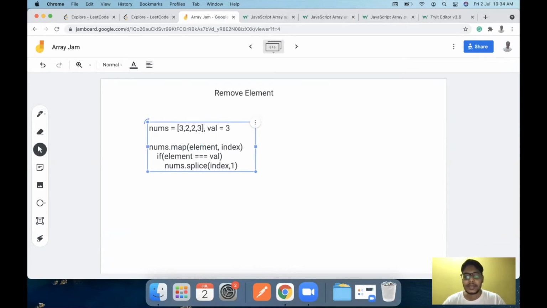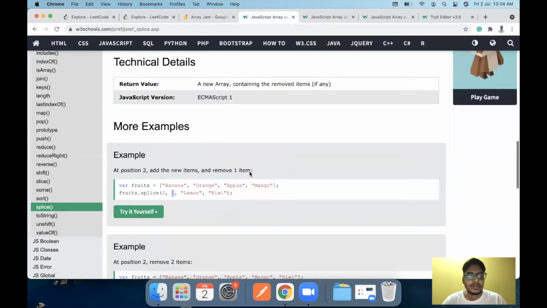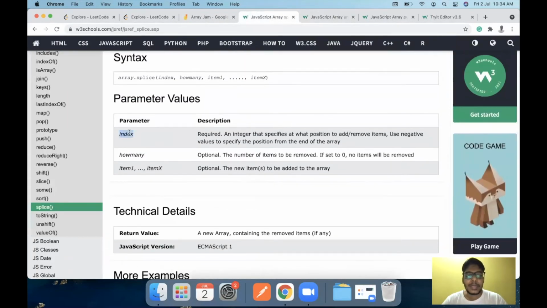This is how you remove the element in the middle of the array or start or end using the splice operation. In case of splice, the first parameter passed is the index or the position at which we need to add or remove elements, and the second is how many elements should be removed. So if we set this to 1, the current element at the index will be removed.